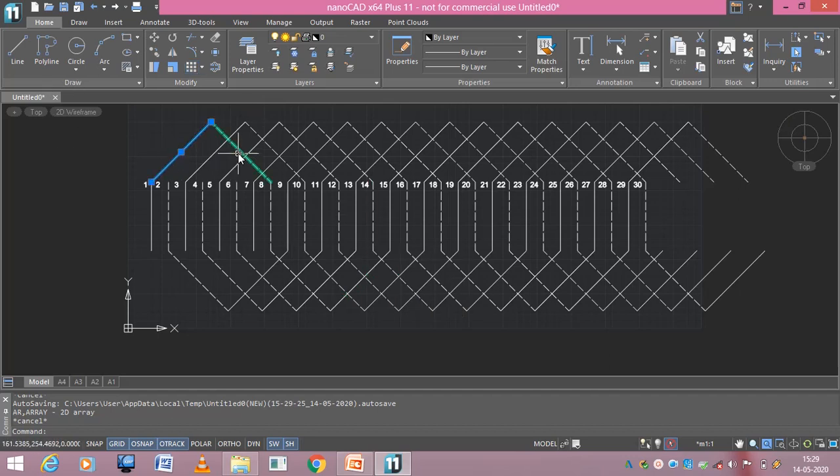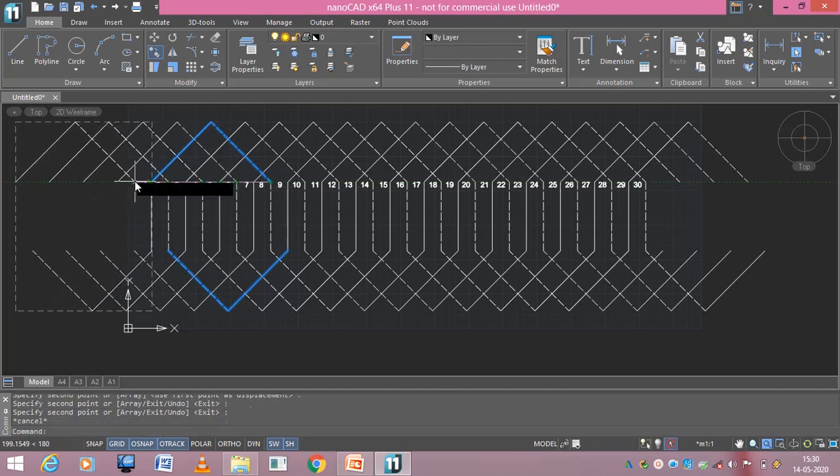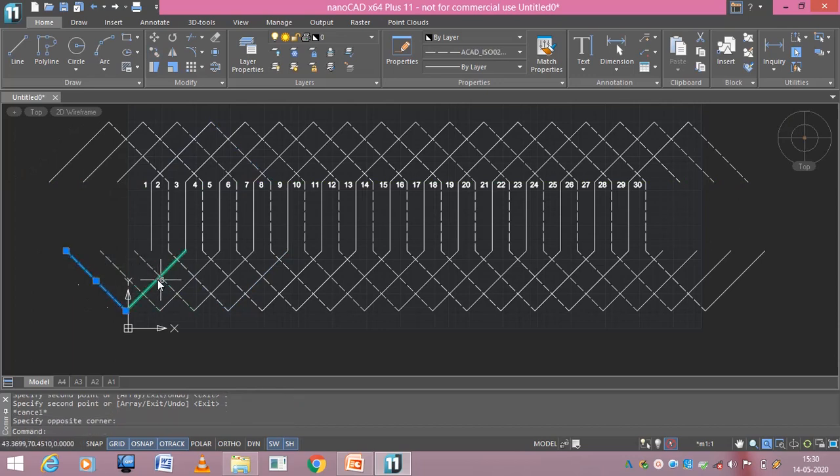Now let me take this, let me select this and go for copy and paste here. I will be having one left out conductor at the front end.